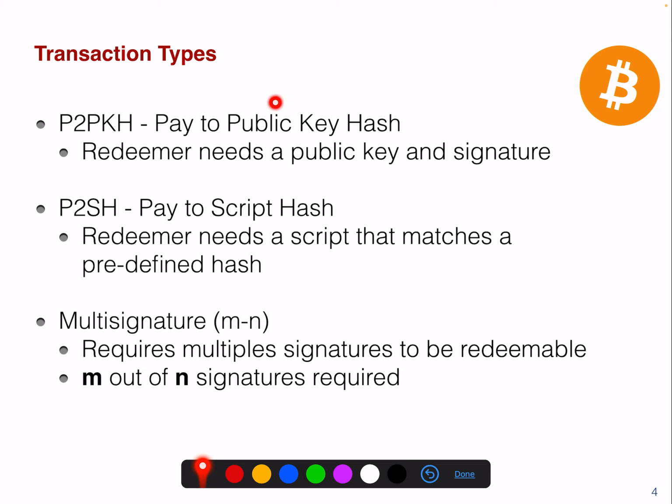If you want to pay to public key hash, then the redeemer needs a public key and the signature. You can pay to a script hash. So instead of paying to a public key hash like an address, you can pay to a script hash. You can perform multi-signature transactions where you require m out of n signatures to